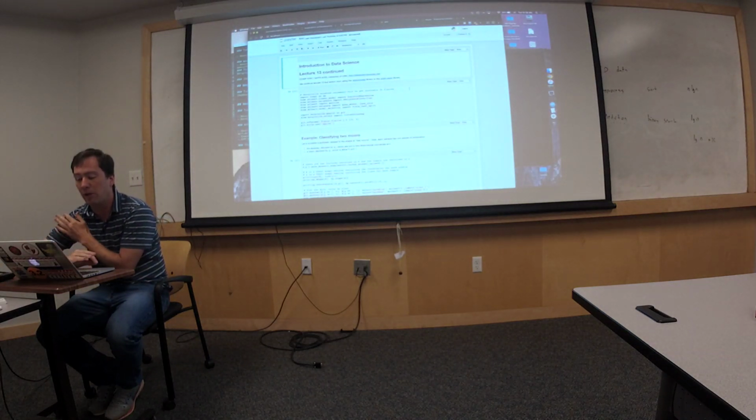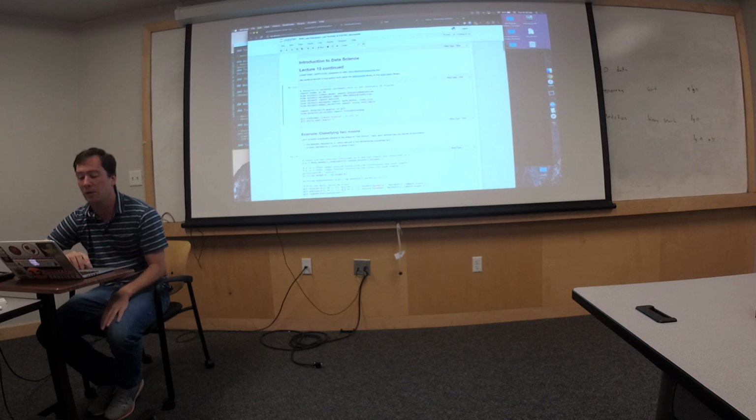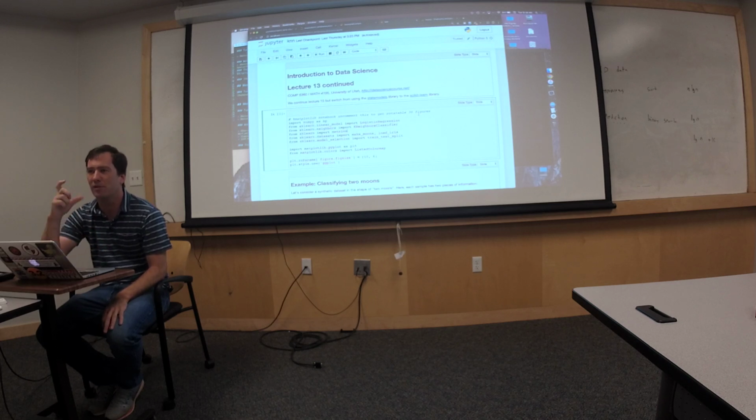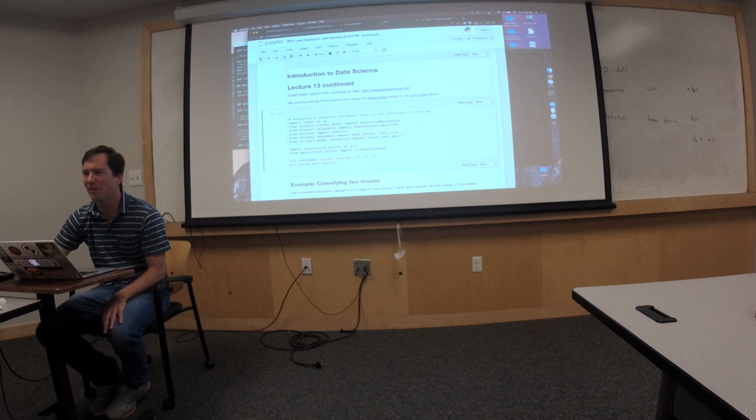So yeah, we're going to look at a new data set called the Two Moons data set. Basically there's two different types of moon or something, and there's two different independent variables. I don't know where the name moons comes from, but